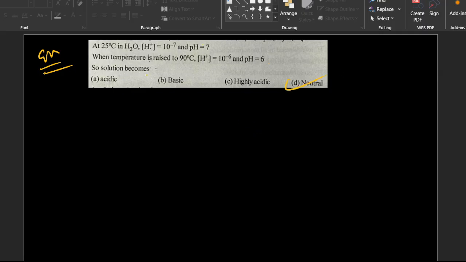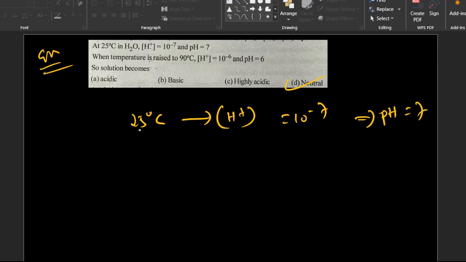Because when it was 25 degrees centigrade, the H plus concentration was 10 raised to minus 7, so pH was 7. And when they increase the temperature to 90 degrees centigrade, then